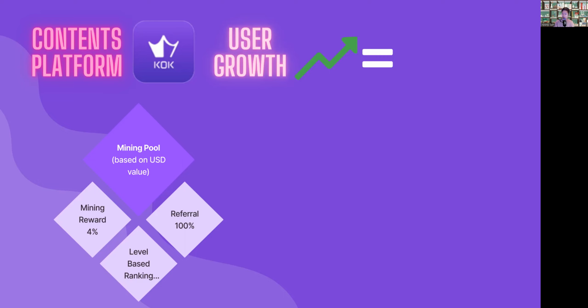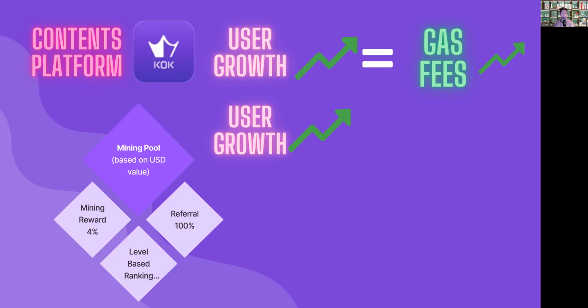Now, what happens when these users grow is that, as they are participating in the KOK Play platform, everything they do, like for example playing the new Hotel King game, incurs gas fees. Keep that in mind. Another thing that happens when the number of users grows is that the market's number of heads grows. And as there are more people in this market, more people are willing to sell to them, meaning they want to produce more content, more games, more interesting information, more interesting content for the many users in KOK Play.